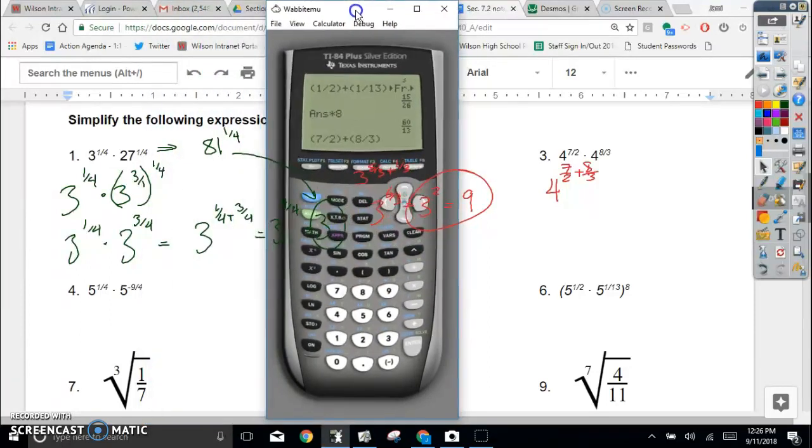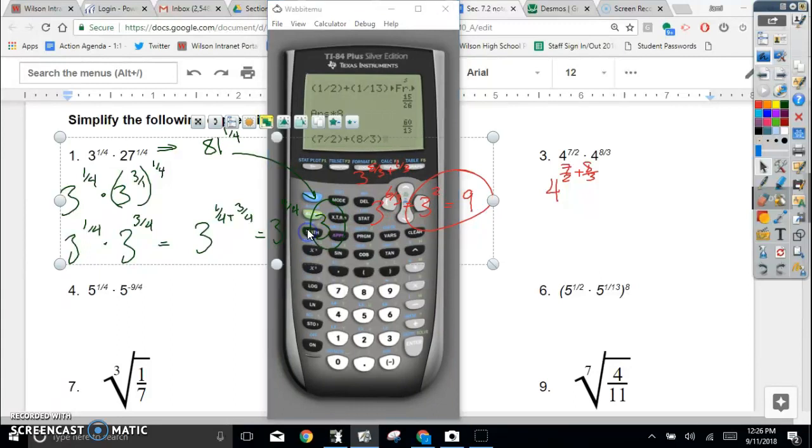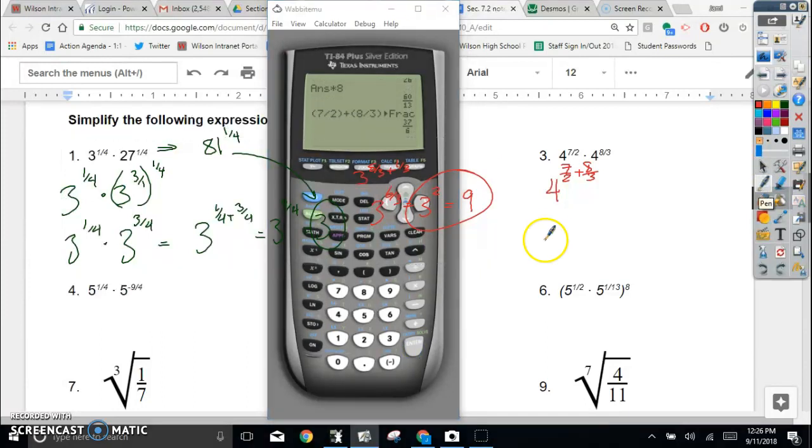All right. So you can see it. And I'm going to go math. I'm going to try to hit math. I'm going to go to my fraction. And then hit enter. So there's my new exponent. So this is going to be